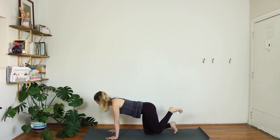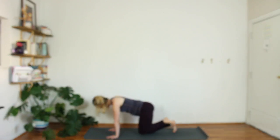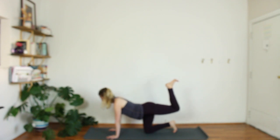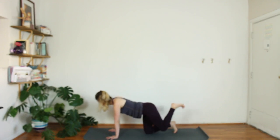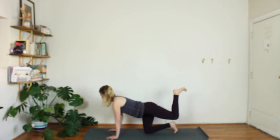Exhale, knee to nose. Inhale again, send it up and back. Exhale, knee to nose. This time, last time, inhale, send the heel up, heart forward, and then exhale, level out the spine, press into